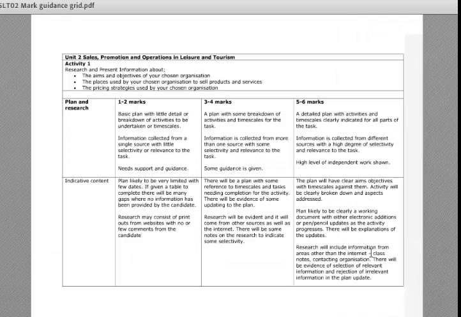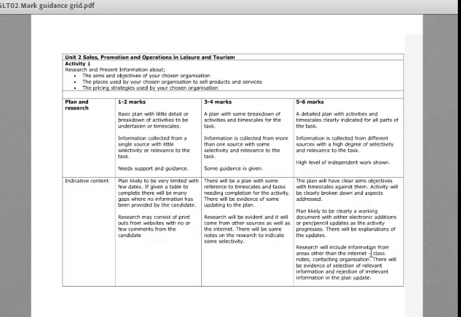Yeah, there we go. This is going to become your Bible. You will be able to get hold of this onwards from the session. But this is what we use in moderation, and it is available online now as well. So as you can see along the top, and we'll go through this each time we look at an activity, regardless of what unit, but for now I'm just concentrating on planning. You can see along the top, horizontally, 1 to 2, 3 to 4, 5 to 6, the same information as you get in the assessment grid in the specification.